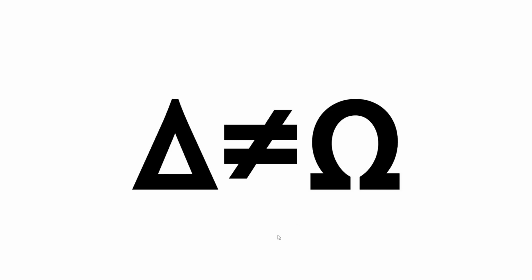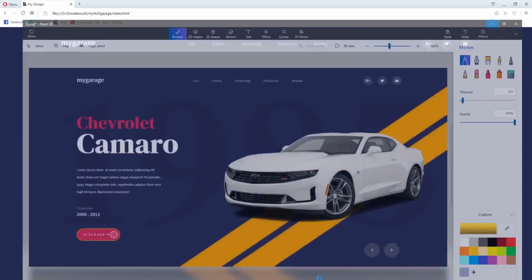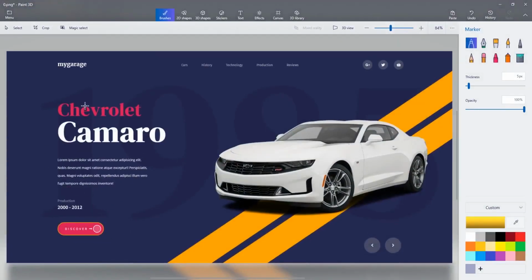All right, guys. In the last video we stopped at the logo, the navigation, and the social icons. What we want to do next is work on this text where we'll put this big year at the back here. So now, what are we going to do next?